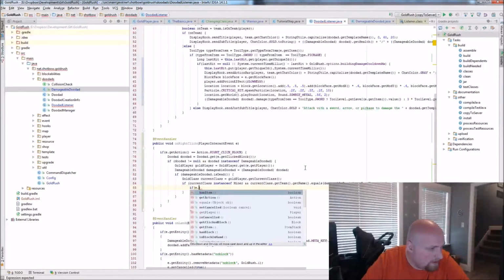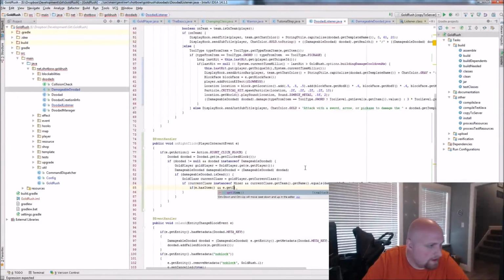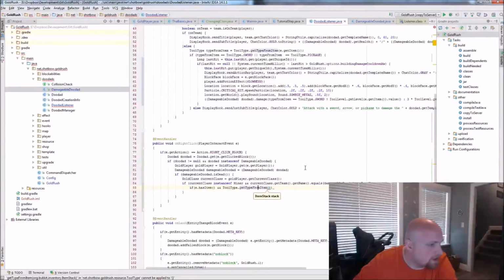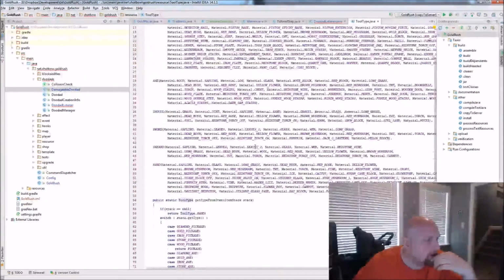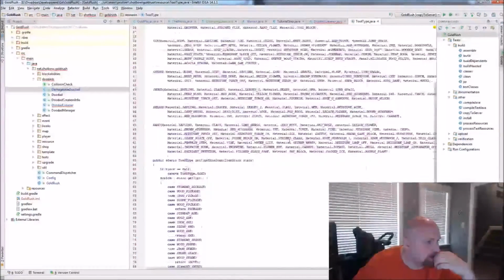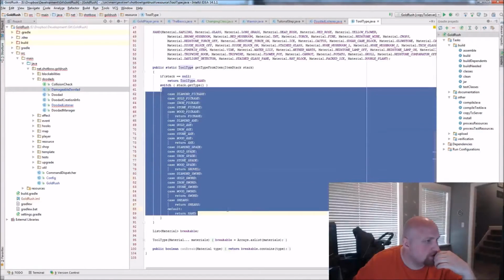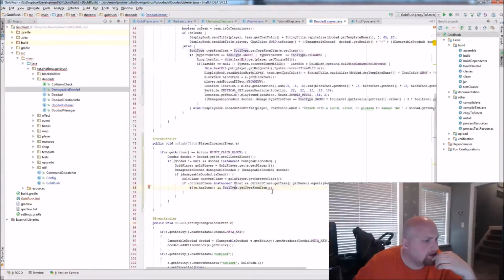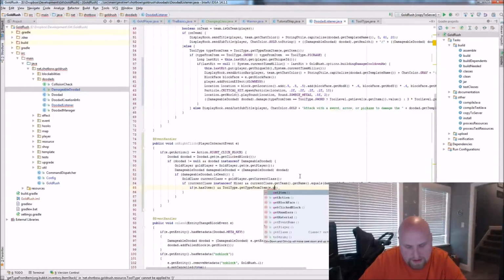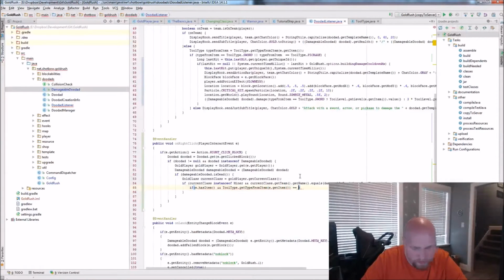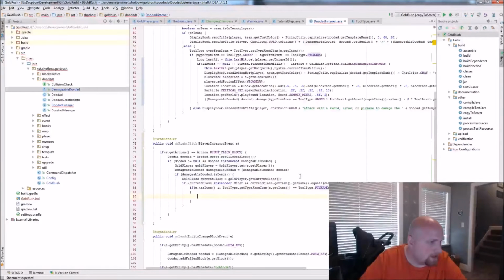If e.hasItem and e.getItem tool type, and this is something from Annihilation, we've got a list of what the things can break and what tool type is what. So we've got tool type get from item e.getItem equals pickaxe, and that's because the miner can have multiple types of pickaxes. Then we are now right-clicking a damageable doodad.